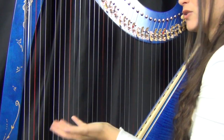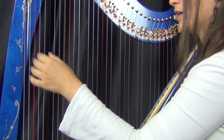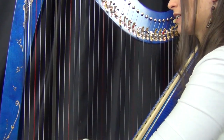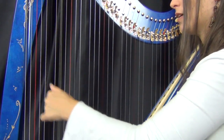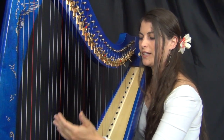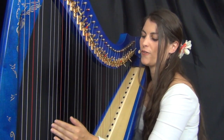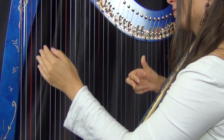And I can make a variation. It can be this one. 1, 2, 3, 4, 1, 2, 3, 4. And I go to G, 2, 3, 4, and to A, 2, 3, 4. So to create a variation, I don't go back to B, but I stay on G, and I finish on A. So with the right hand, it will be